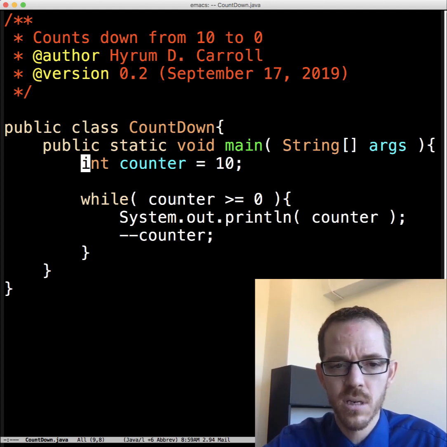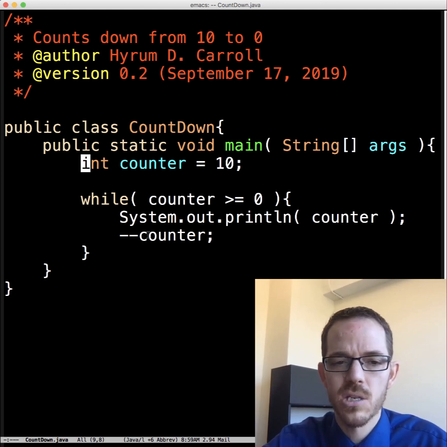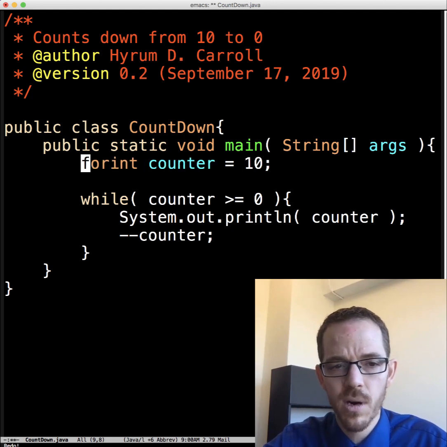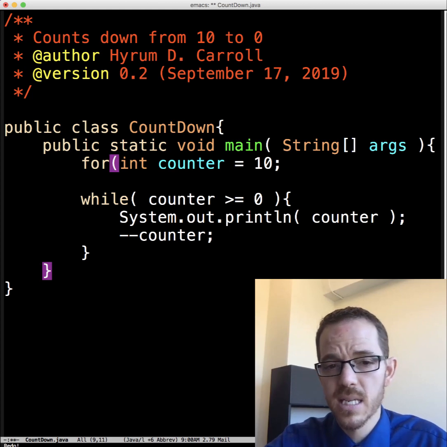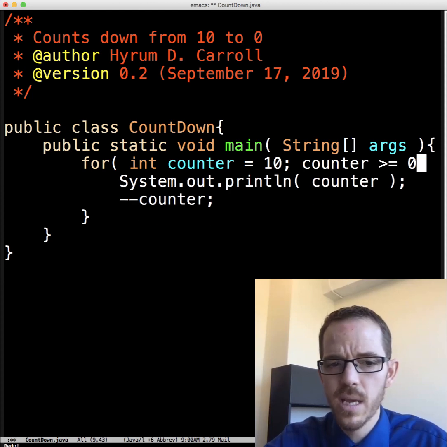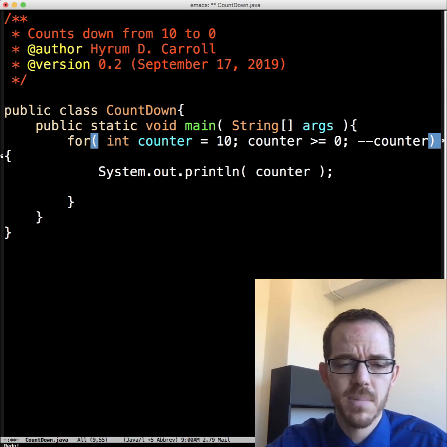So we initialize here this counter. We have our continuation criterion right here. We have our statements here, and notice this one is a decrement, a pre-decrement, and so we'll use this as an update. So to convert this, we need the keyword for, and then we need our parentheses. And then the next part is the continuation criterion, and we just pull that from the while loop, and then we get the update. There we have the update.